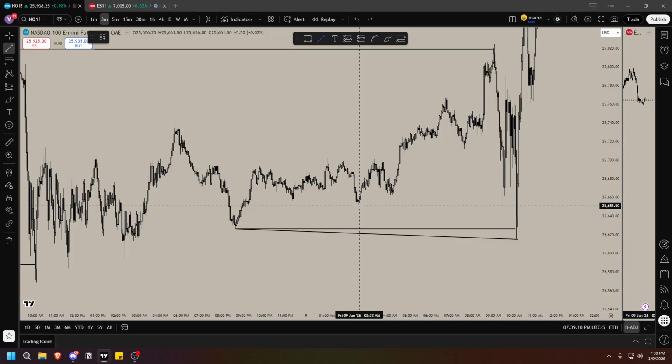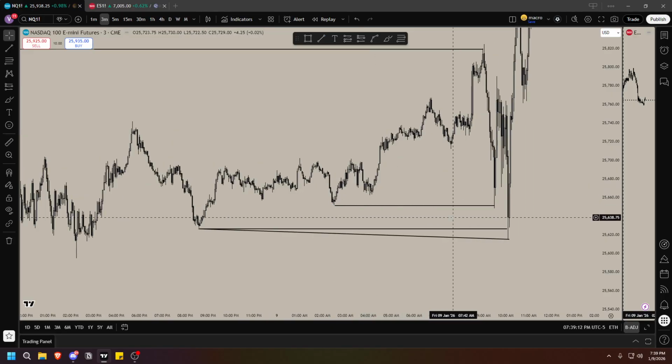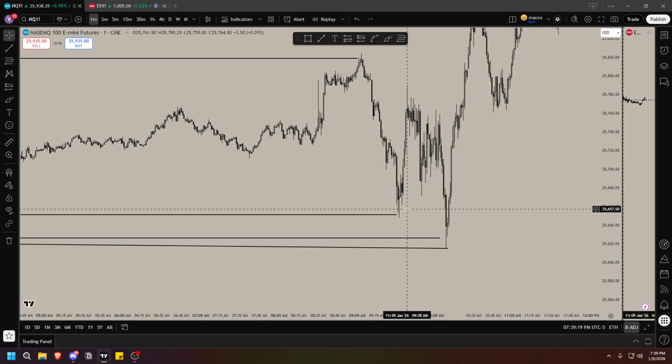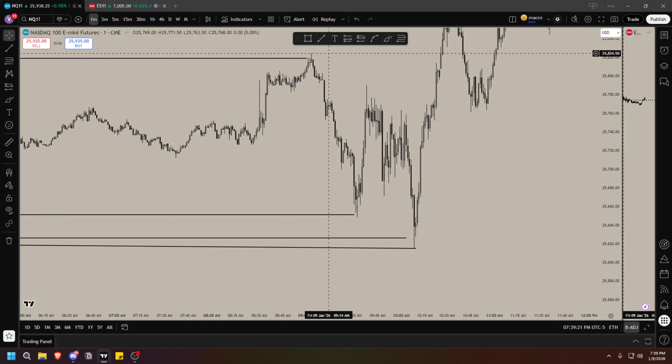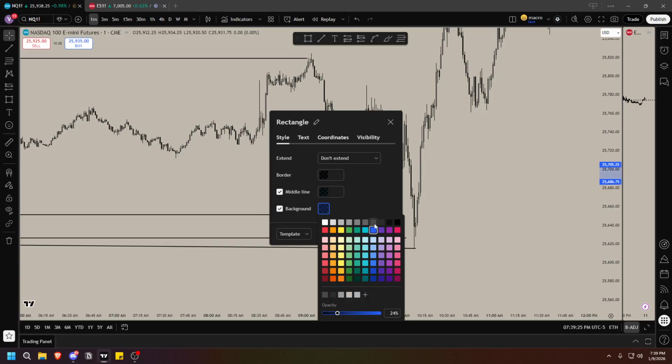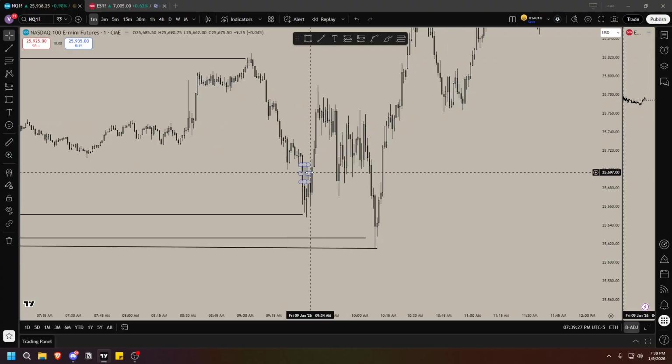So your next idea would be London lows right here. What is price doing after taking out London lows? Are we continuing dumping? Are we rebalancing? From there, you would have reacted. You see we have the SIBI here. Let me change the color. Boom, you see the SIBI here.